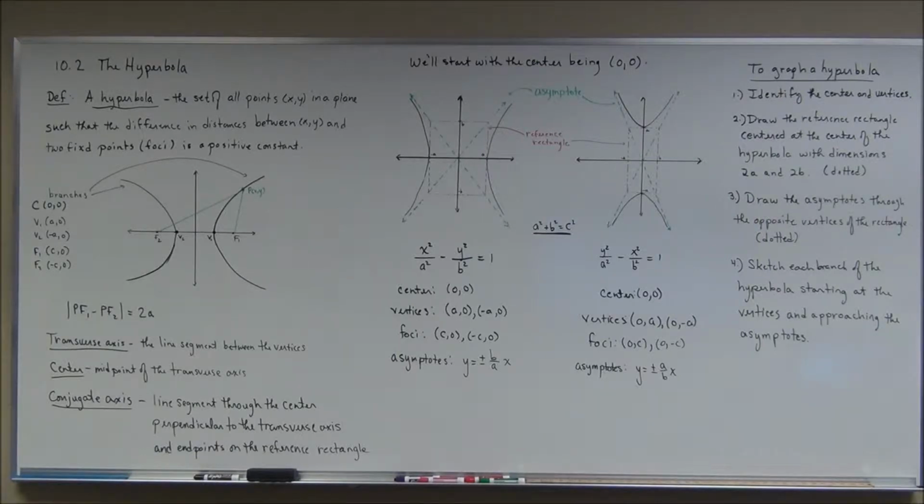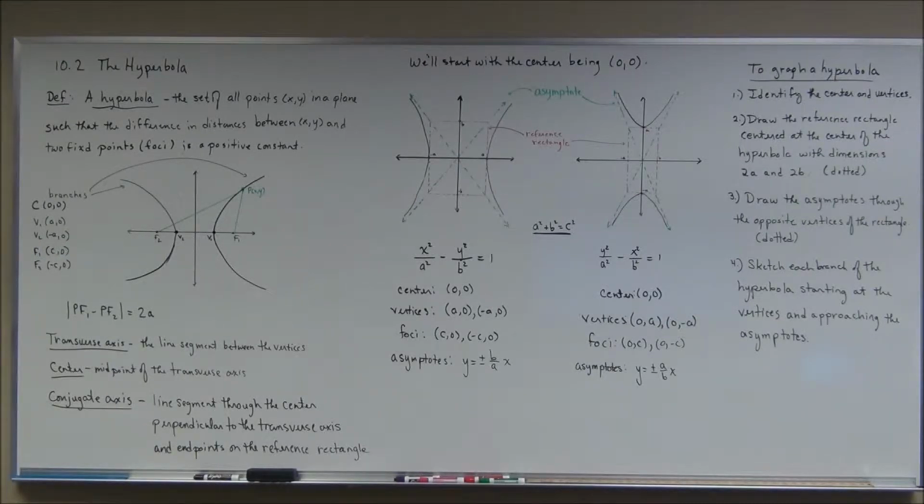Alright, we're going to now look at the section on the hyperbola, which is another type of conic section. We have circles that we studied some time ago, back in the review chapter. We have ellipses, which we studied in the last section, now the hyperbola. A hyperbola, by definition, is the set of all points in a plane, all points x, y, such that the